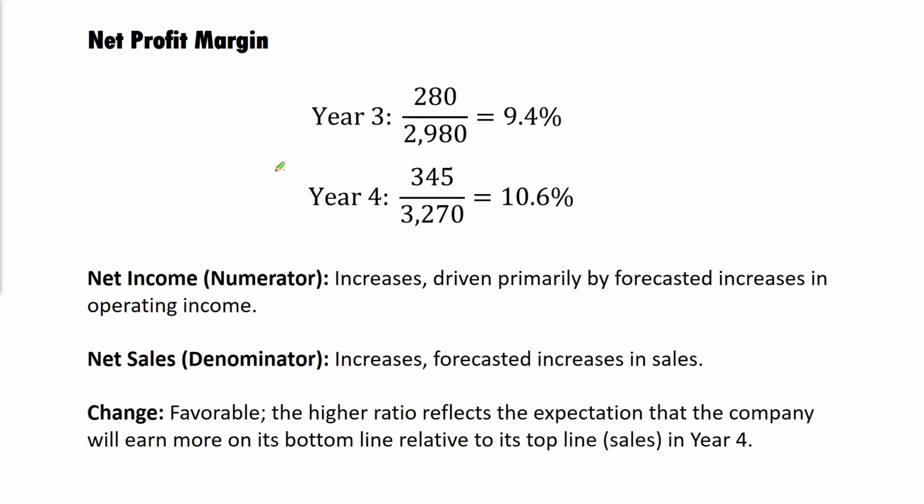All right, and the final ratio we're going to look at in this conceptual exercise is net profit margin. One more time, let's take a look at the numerator. Here is net income, just like ROE. And this time, the denominator switches from a balance sheet number to an income statement number. We're going to look at net income versus sales. Well, again, we know net income is going up. In fact, it's going to be the dominant effect here. Even though sales are also increasing, we're going to have a net favorable variance here from 9.4 to 10.6.